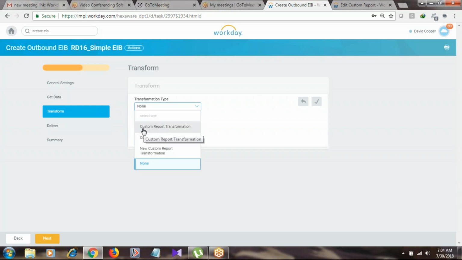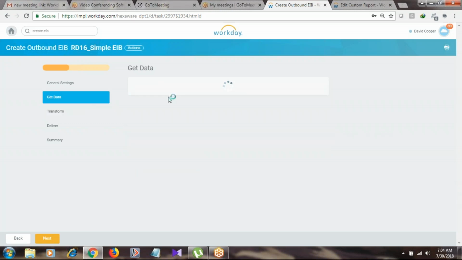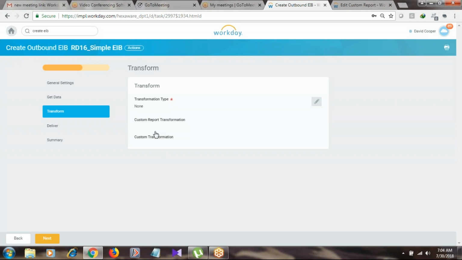But if you don't want any transformation, let's say I want to send the output file given by the custom report as it is, without any changes, to the downstream system, then I don't need to choose any transformation here.